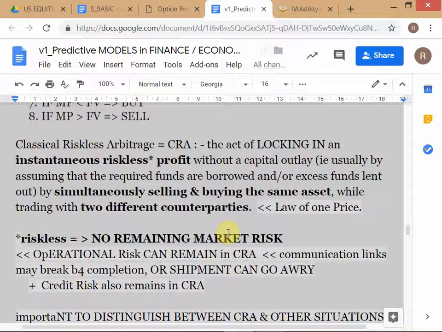Is everyone clear about this? Yes, there are two reasons behind it. First is that it's not instantaneous. There is a risk, and market risk remains. Instantaneous riskless profit means you have no remaining market risk after doing this transaction. If you're doing a true CRA transaction, like what Bola had proposed yesterday in Delhi versus Patna Sugar, what he had proposed was a true CRA transaction, because once you complete that transaction, no market risk remains. But in merger arb, you have remaining market risk because you're just sitting on a straight long position. That's all.